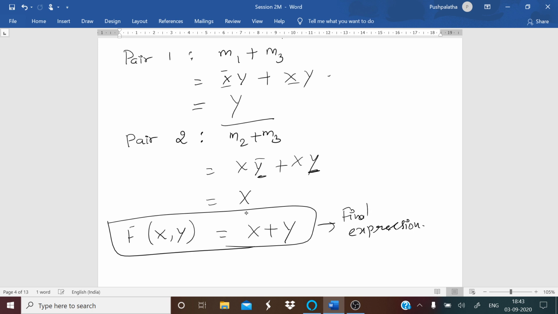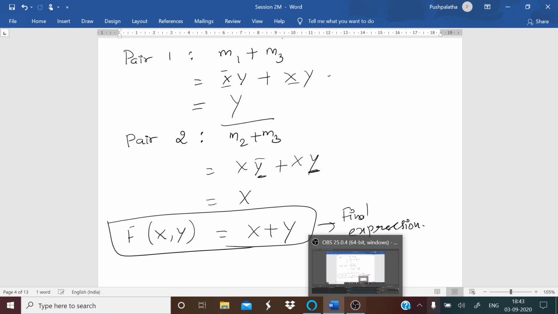Okay, hope you have understood. If you have not understood, we'll be solving sums later also. If you haven't understood, please clarify your doubts in the beginning itself, so that later it will not be a problem for you when we are going for bigger sums or simplification. Before we start solving the problems, clarify your doubts. Okay, thank you.